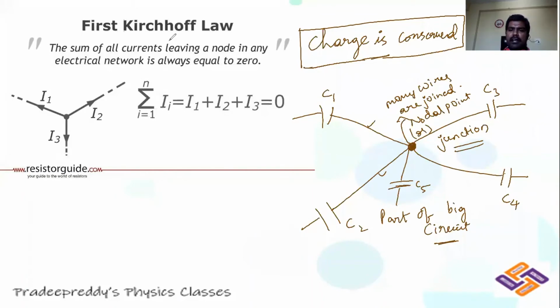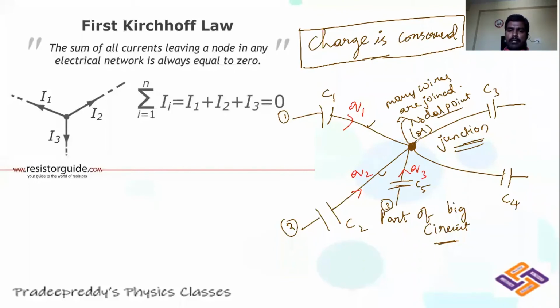So Kirchhoff first law deals with these nodal points or junction points. That is the reason why Kirchhoff first law is also called the nodal law or junction law. What it states is, you have three different wires, number 1, number 2 and number 3. From the first wire there will be some charge transferring, I am considering it as Q1. From the second wire there is some charge transferring Q2, and from the third wire there is some charge transferring Q3. Q1, Q2, Q3 are different paths from which charges are being transferred to this nodal point.